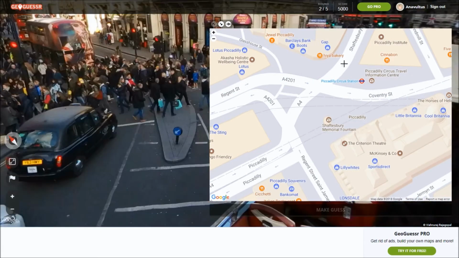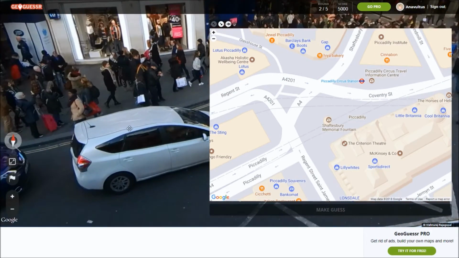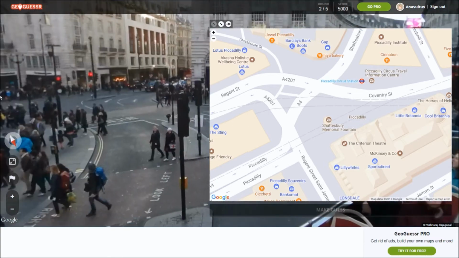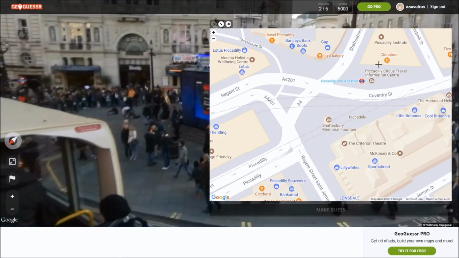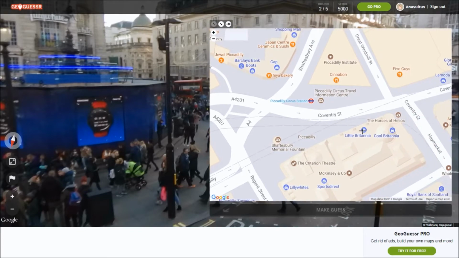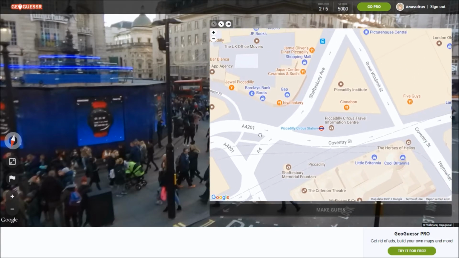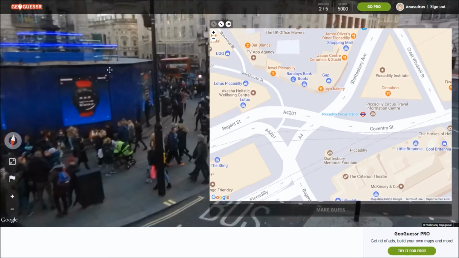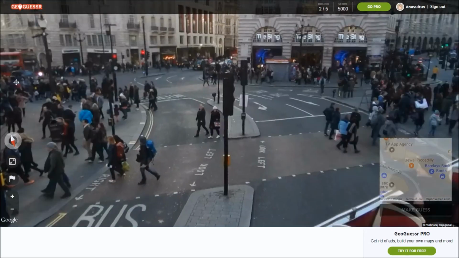Not that Piccadilly Circus is that famous internationally, to be honest. And to be honest, I actually had no idea what Piccadilly Circus looked like. But there it is. There's Piccadilly Circus. And Little Britannia, Cool Britannia, Gap, Boots, Barclays. So the exact location is...